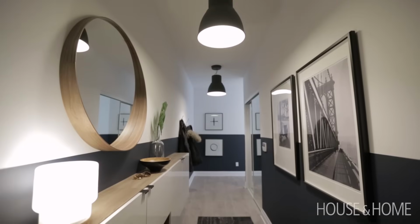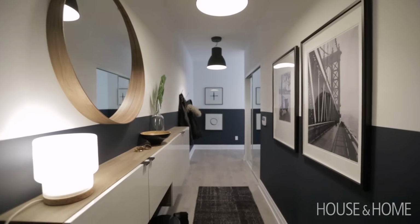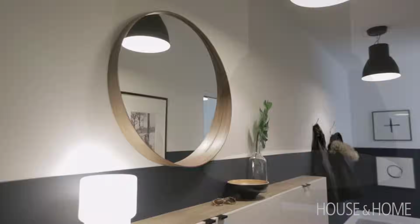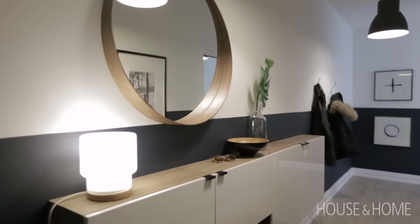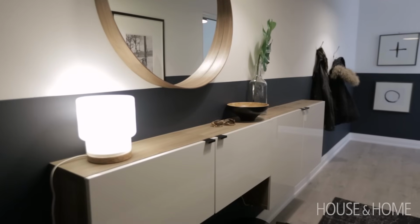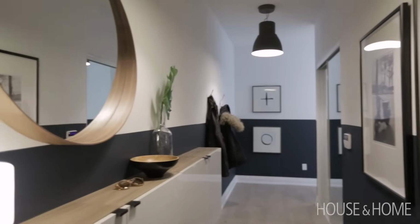The entrance in this suite is a little bit longer than most are. So I wanted to create a space that was definitely of interest, and I wanted to focus on function. So a mirror, doing a table lamp, doing cabinetry that is more narrow but two-toned, spray painting hardware. We all know we are fussing with groceries and dragging coats and things inside that we just nick the wall